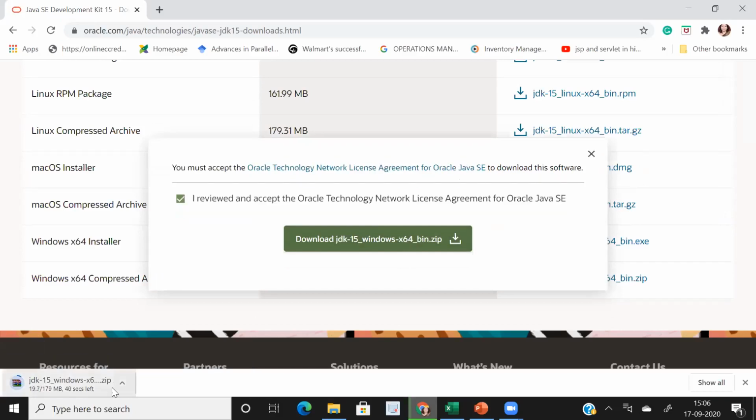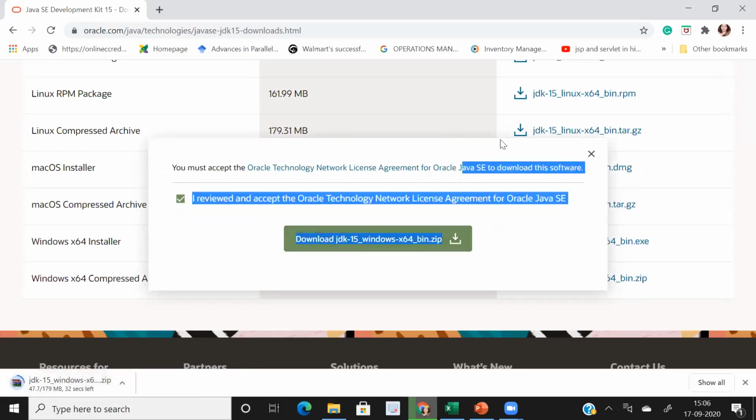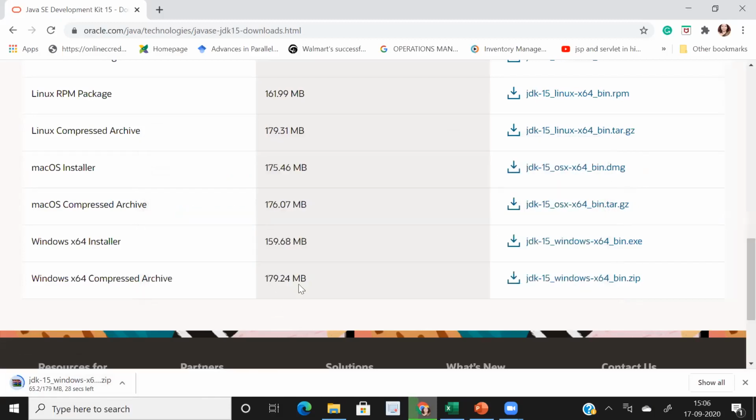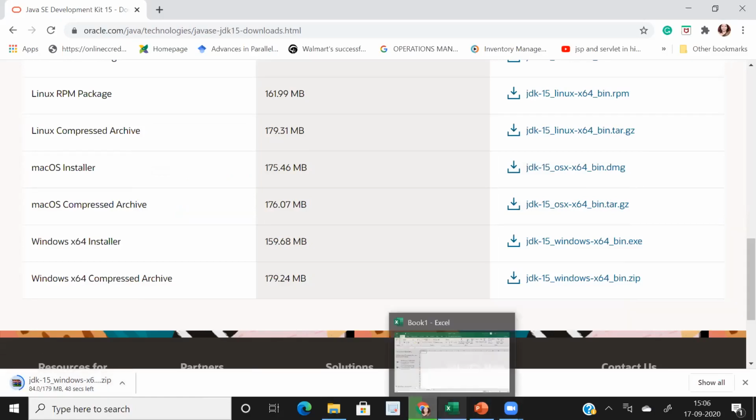It will take 1 or 2 minutes because it is not so big in size. It is only a 179.24 MB software, so it is taking somehow 35 seconds.